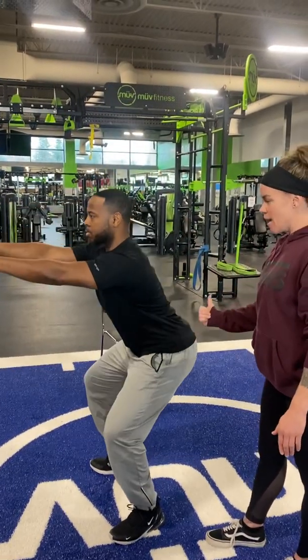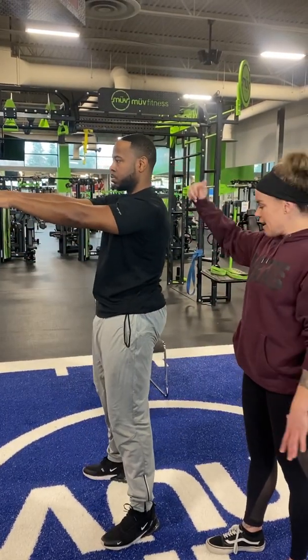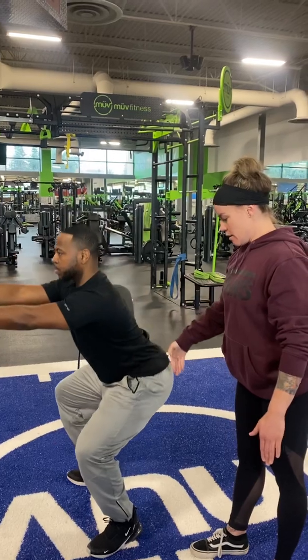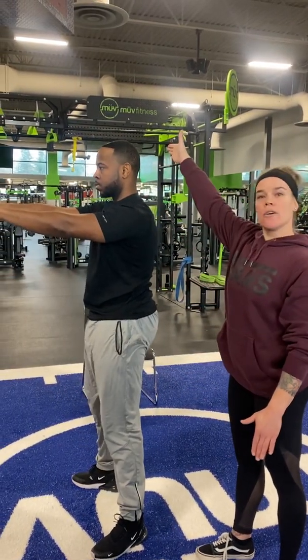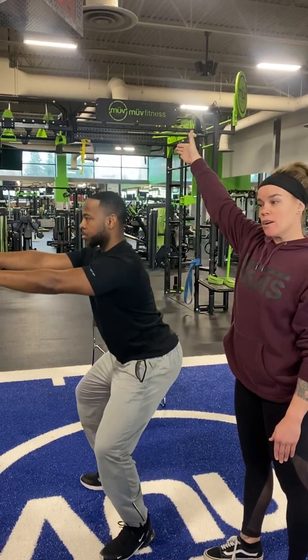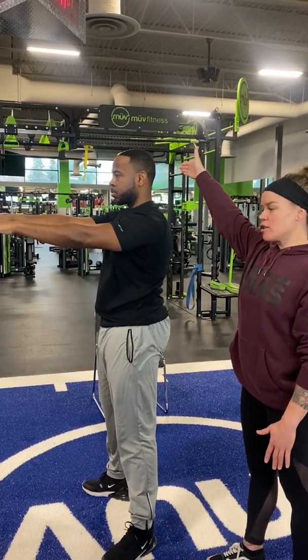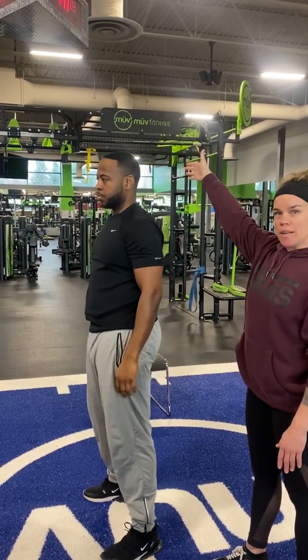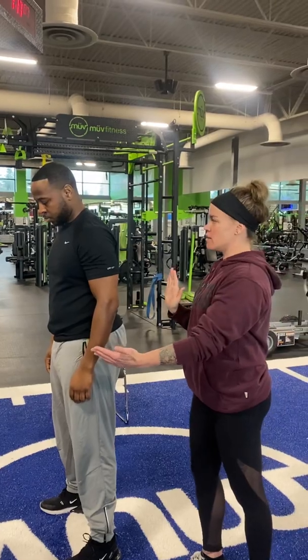Okay, hips back, core tight, straight down, straight back up. Okay, and as you stand up, good. Drive through your heels, squeeze your butt, and see how he comes to a nice straight posture every single time. And keeping that posture as straight as possible the entire movement. Okay, so that's your basic air squat, and I'll show you from the front side, so go ahead and face